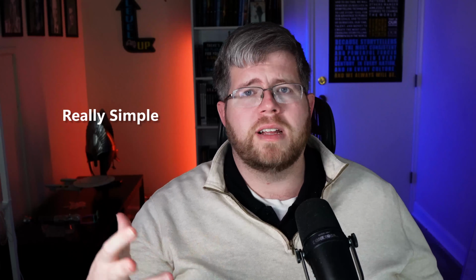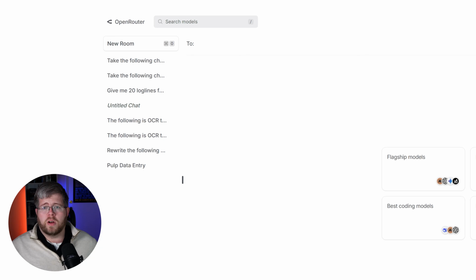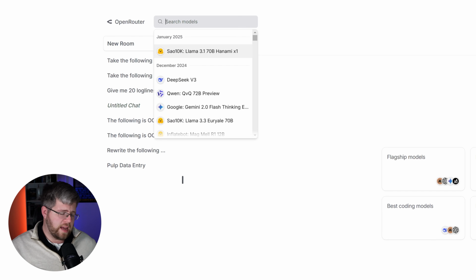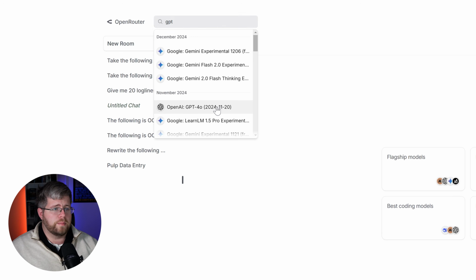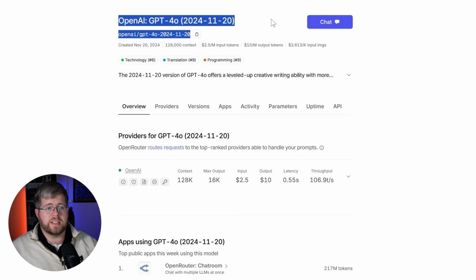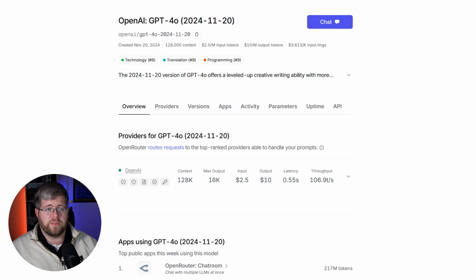And in fact, you would probably get more chats and more responses out of Open Router for $20 than you would in a month using Claude or ChatGPT or any of those others. That's because for most models, the price of creating a book inside of Open Router is really simple and really inexpensive. So I'll give you an example. Let's look at the GPT model, the most advanced GPT model here. This is another thing that you can do in Open Router that's very nice, is you can see all of this information about every model.